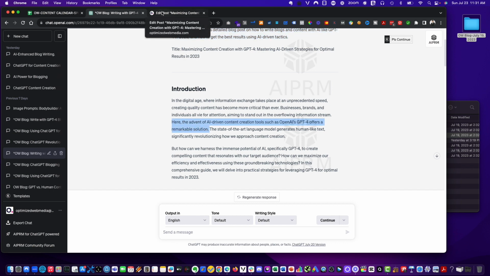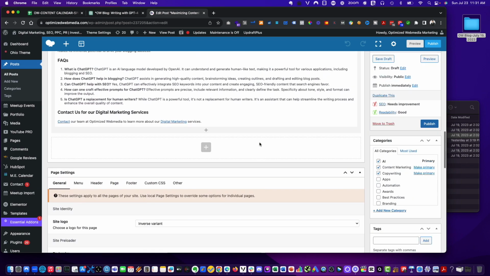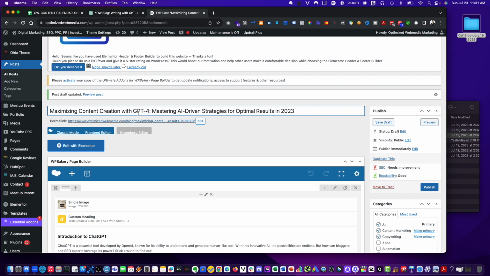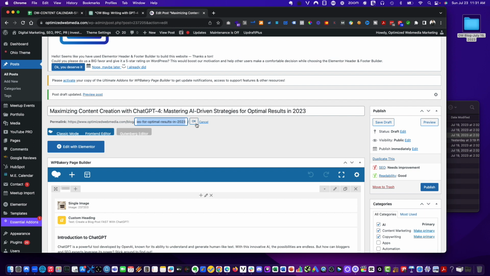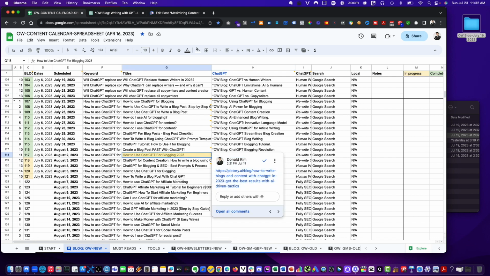All right, let's add that. ChatGPT-4. Learn more. That's always a good way to make it a little bit longer. ChatGPT-4, like that. I actually want to find that, like that. I'm going to save that, and I'm going to look for the image, which is how to use ChatGPT,